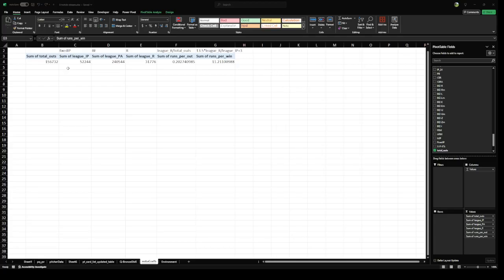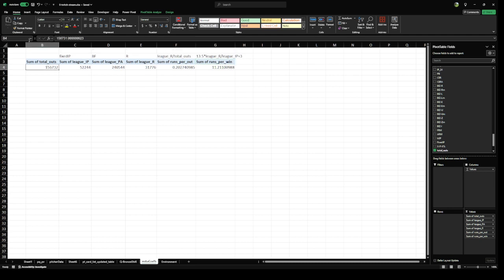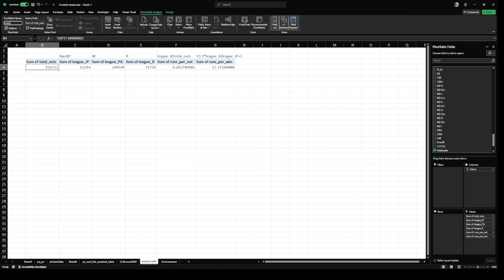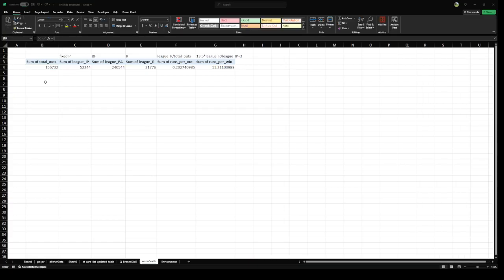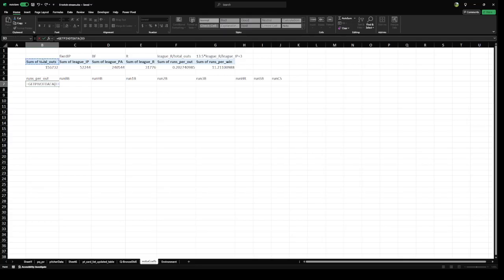Okay, so this is how I set this first table, and usually, what do I call this table? I name this table; structured references make things a lot easier. I call this WOBA pivot. What I do now is I'm just copying and pasting this from another sheet. So now I have another table where I just get a pivot table like this,